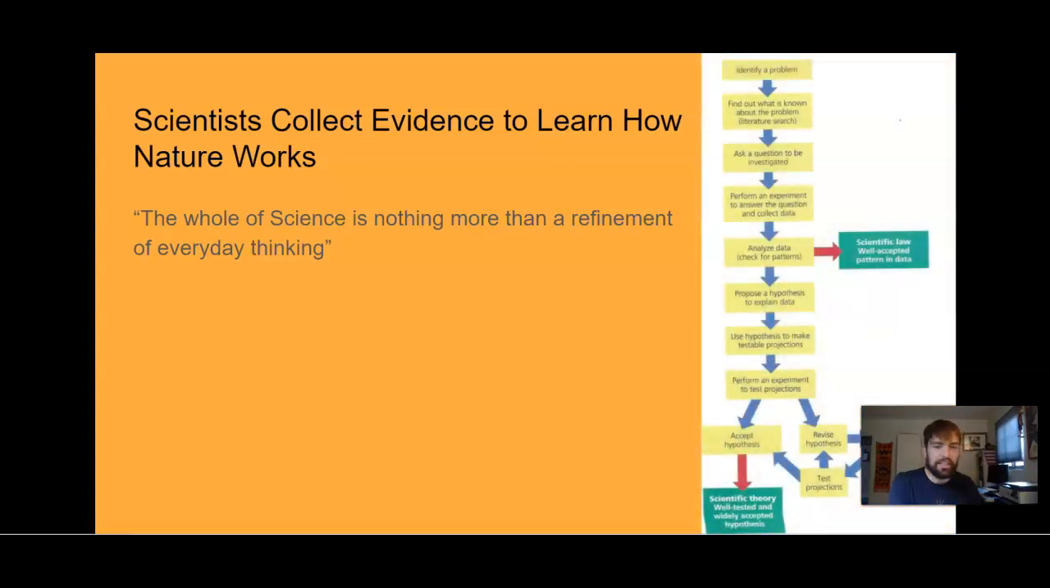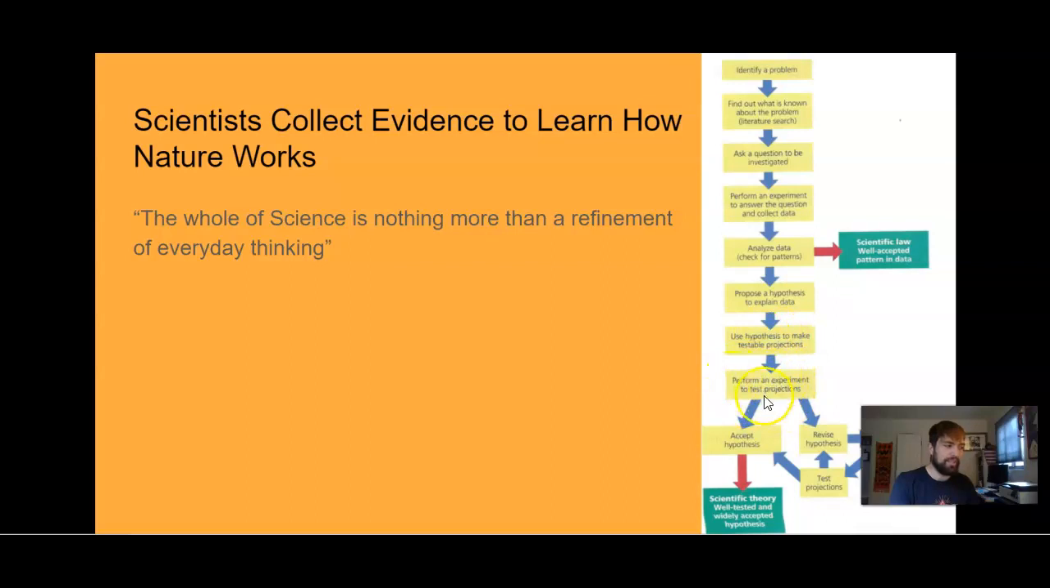So here you have the scientific method as a review, so if you want to pause the video and go through it at your own speed, but basically you identify the problem, you find out what is known about the problem, ask a question to be investigated, and perform an experiment to answer that question and collect data, analyze the data and look for patterns, and this is where you can see a scientific law happening, if it's so clear there. You can propose a hypothesis to explain it, use hypotheses to make testable projections, and then perform an experiment